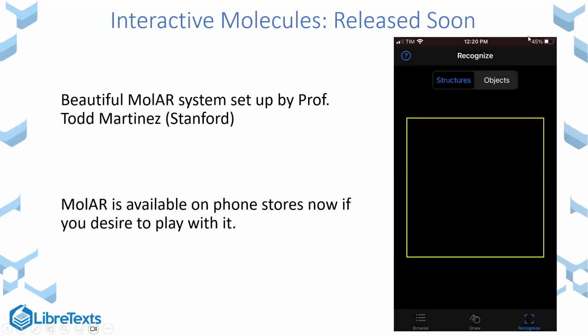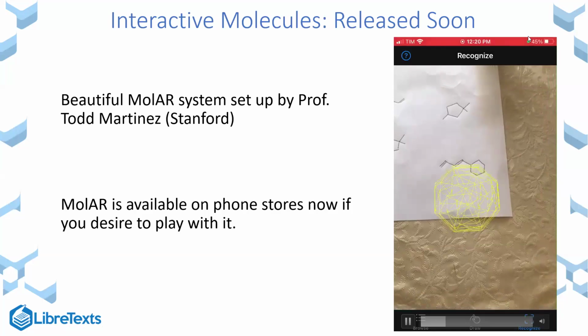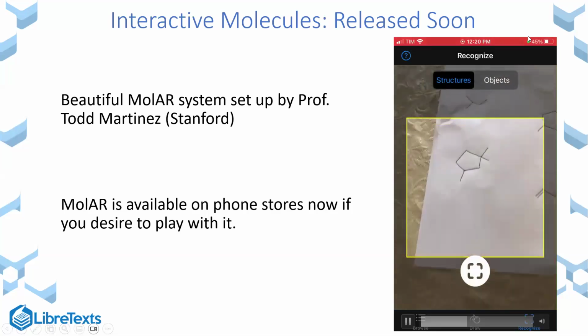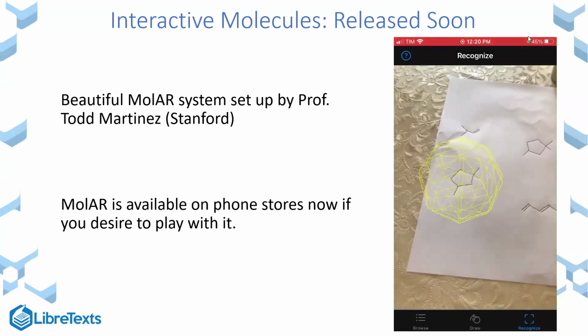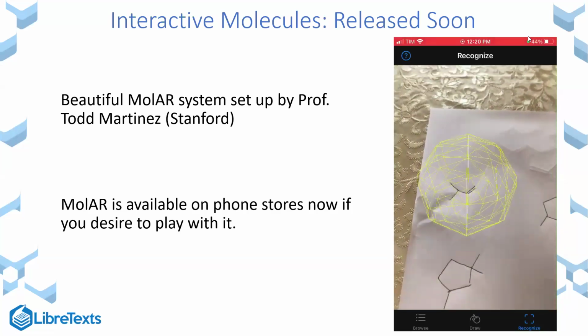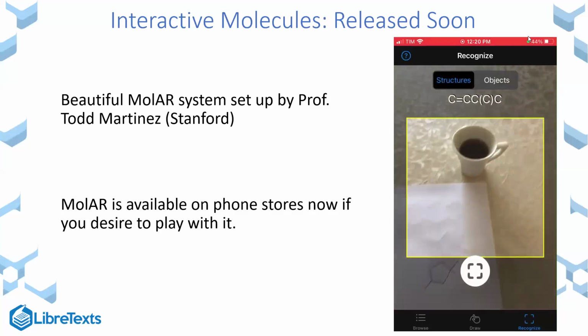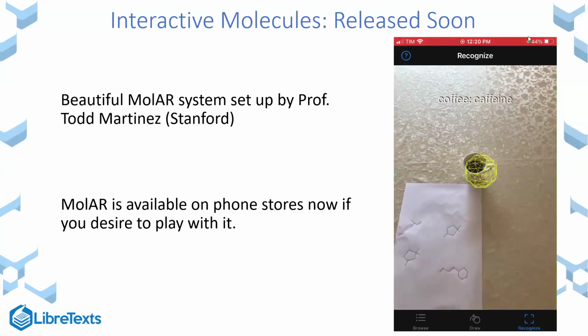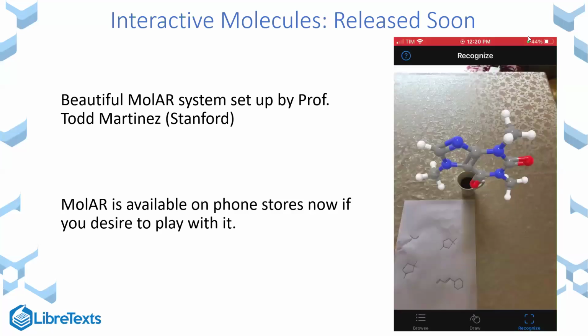Now, I'm not sure if there are any organic chemists in the audience, but one of the problems associated with organic chemistry sketchers is being able to create an organic molecule quickly. We're used to drawing them on a piece of paper, but it takes time to draw it online. So the phone app is going to be expanded and is expected to be released at the end of January, allowing students to draw molecules in the same way that we would draw them before technology ran amok, and what you do for exams and things like that.